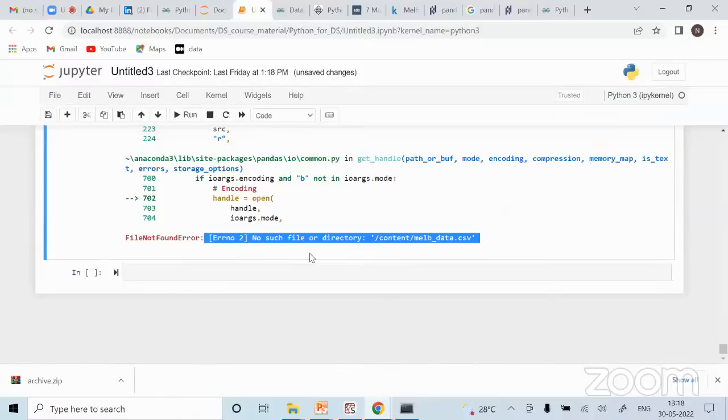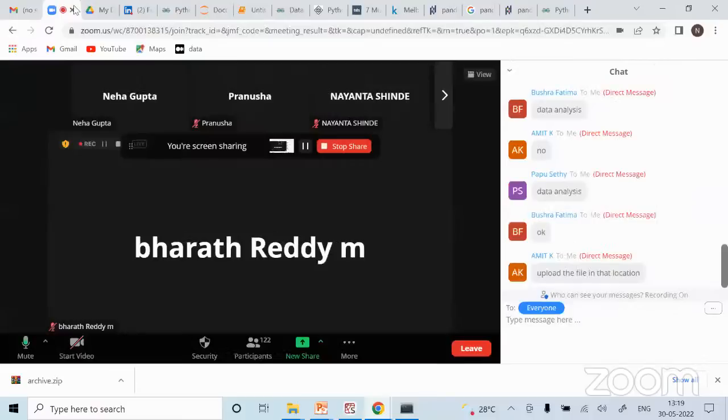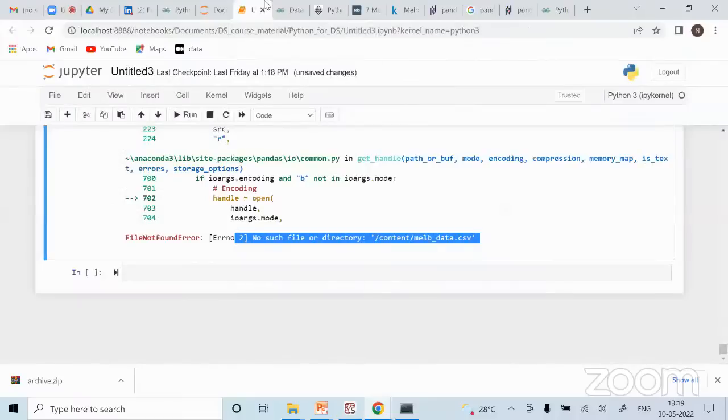Can somebody tell me what the problem is? I have copy pasted this file where I have this notebook. Still it is giving me this error. Can somebody tell me what the problem is? I have already uploaded the file where I have the notebook. Read this error again.